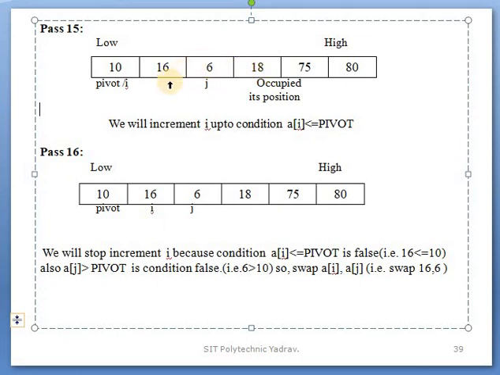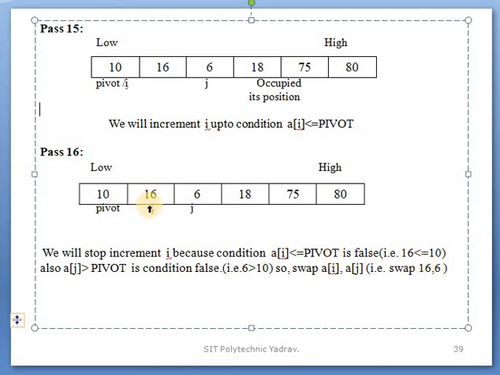We will increment I up to the condition a of I is less than or equal to pivot. In that, 10 is less than or equal to 10, the condition is true, so I is incremented. In pass number 16, we stop the increment of I because the condition a of I less than or equal to pi is false, that is 16 is less than or equal to 10 is false.